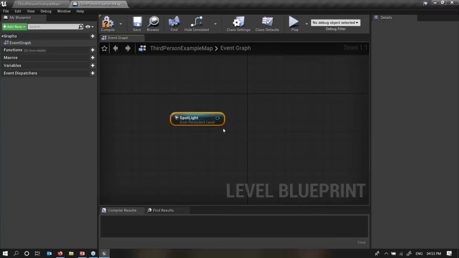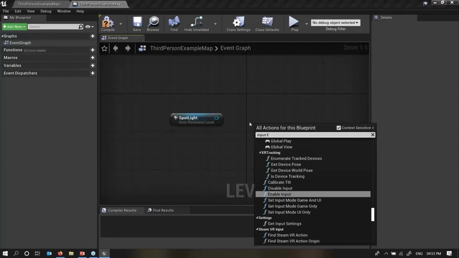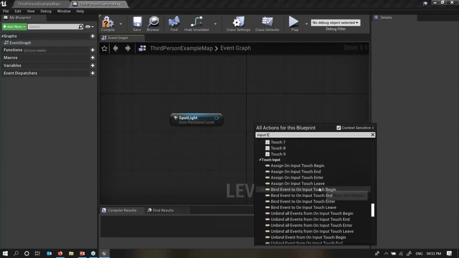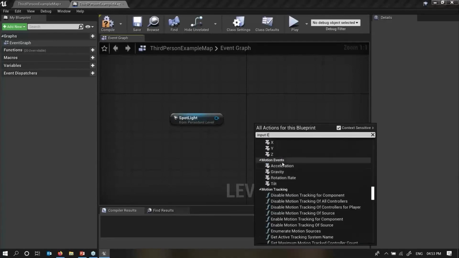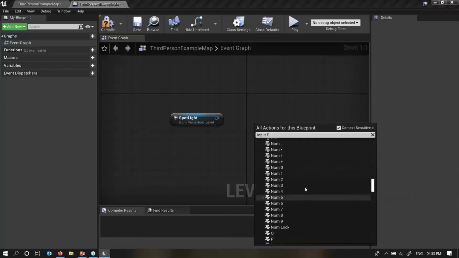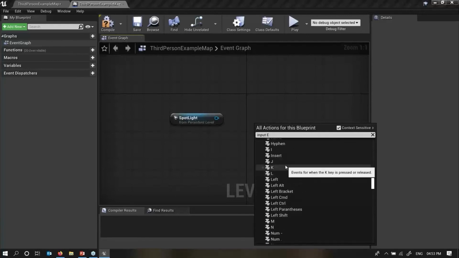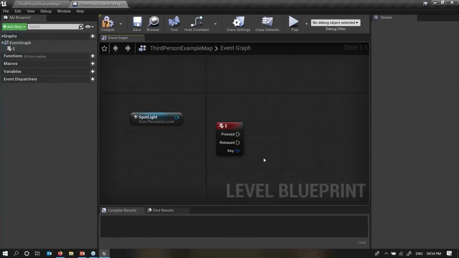Now what it has to do: right click, input, and search for E. Go up. Here we'll see that if I move my mouse or keyboard, we can say XYZ. When I press X, this has to do one function; when I press Y, it does another. E is better, so we can do enable on and off. E will come here. Yes, this is the E. So when I press E, what function does it do? When I release E, what function does it do? That I can do in my blueprint editor.